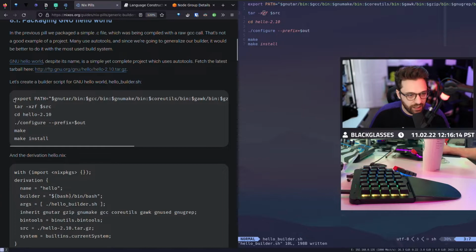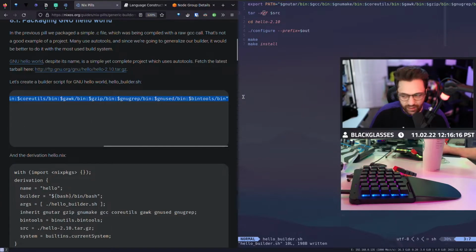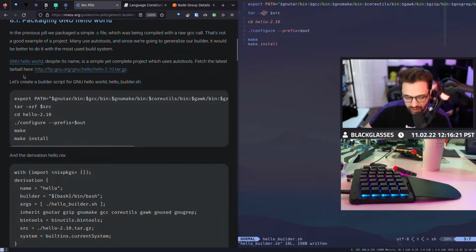We created a shell script that sets up the path. And the thing that's important here is that by default, Nix gives you nothing. There's no pre-baked environment variables. There's no pre-baked binaries. You have to give it those. And to answer your question, where will it take the environment variables? Nix automatically knows how to inject them, and I'll show you in a second, because there's two parts to this. This is just the builder script, right? This isn't the Nix side.